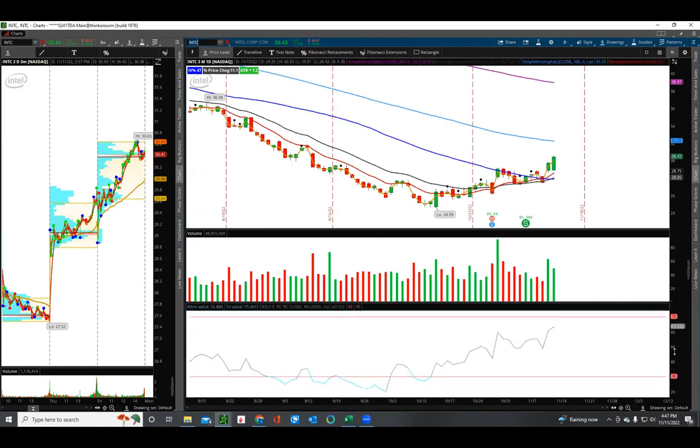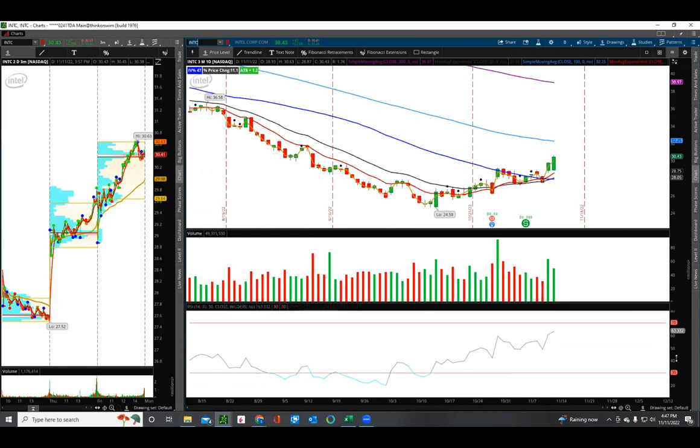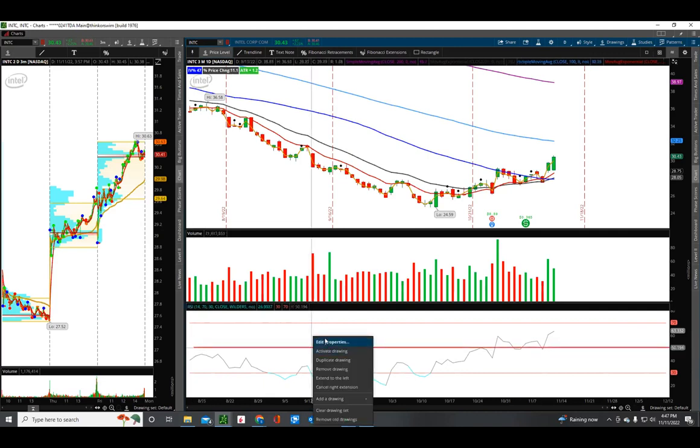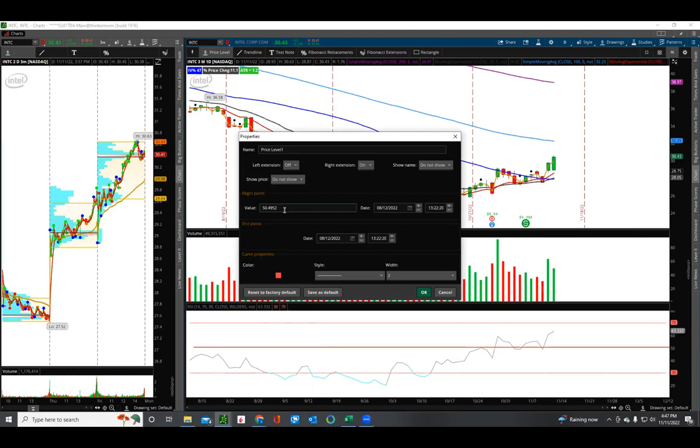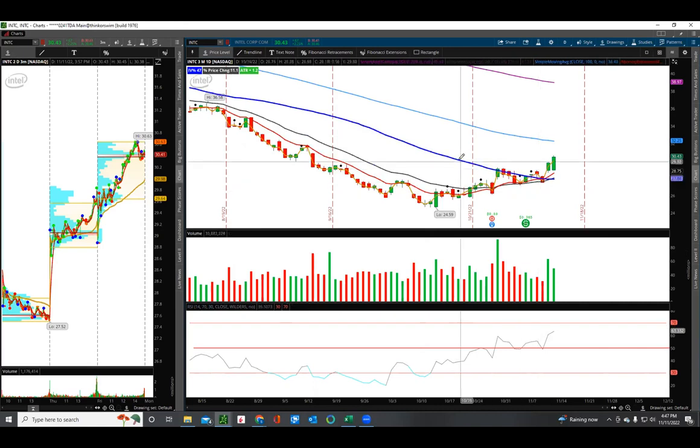Let me also mention real quick. Here's the one level that they don't give you that you should throw a line on. And all you got to do is go here, price level, right? Give yourself a line right here and change that to 50, just an even 50. Okay. And that's the one thing that I would say, if you're going to use RSI, throw in that extra